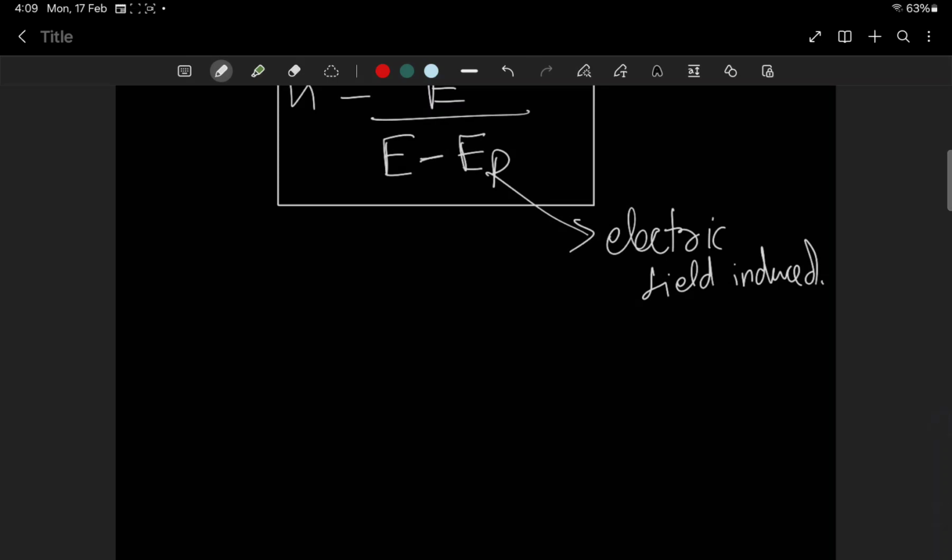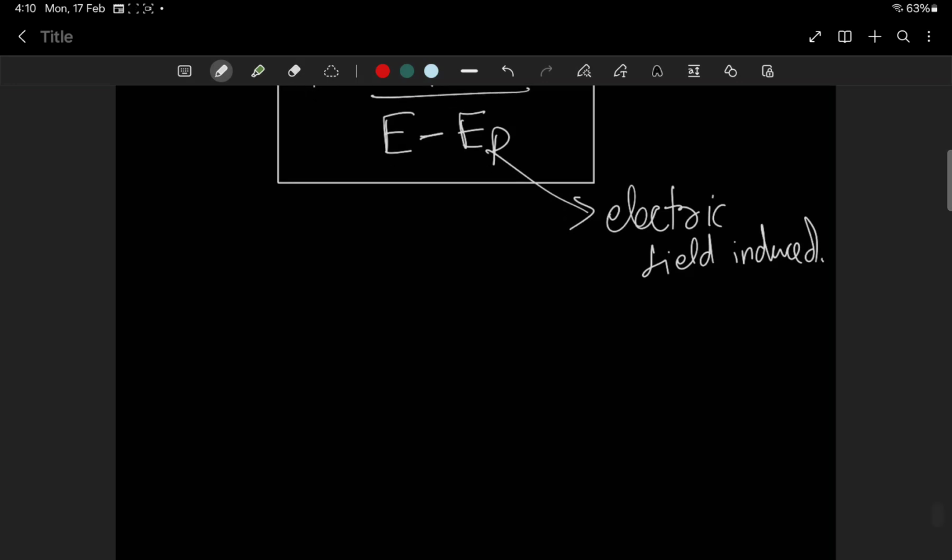So here we come to the end of the part on dielectrics, that is electrostatics of conductors and dielectrics come to an end. Now we start another important part in our book, another important part in this chapter, that is capacitor and capacitance.